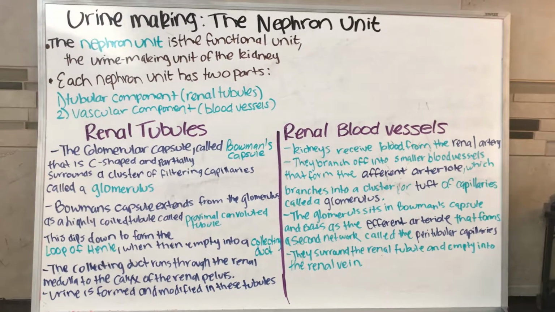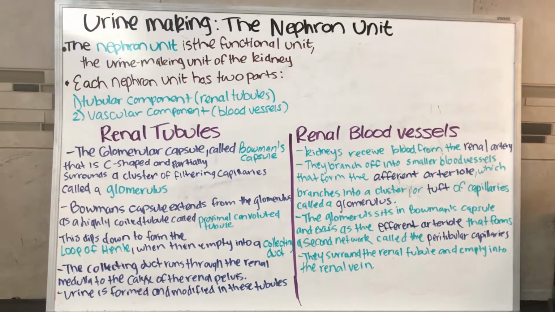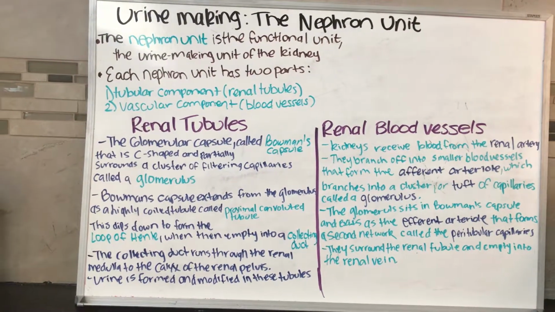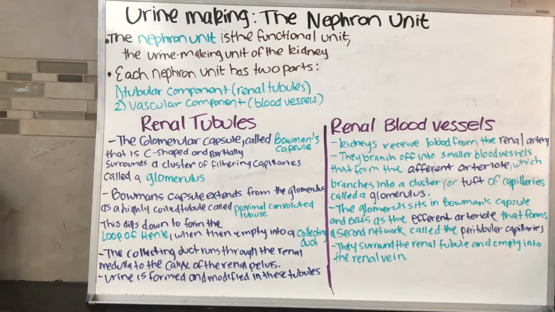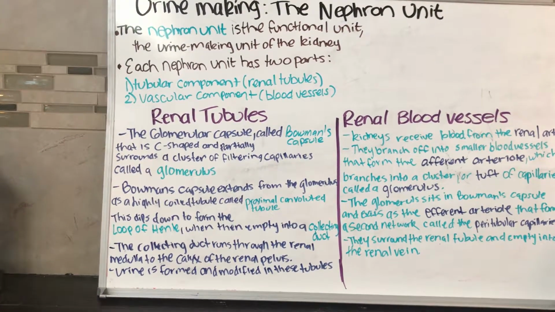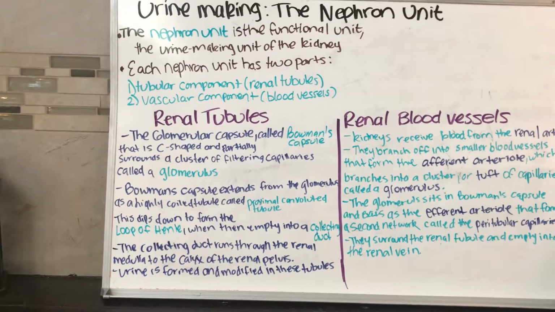The nephron unit. So the nephron unit is the functional unit. It is the urine making unit of the kidney. Each nephron unit has two parts: the tubular component, which is the renal tubules, and the vascular component, which is